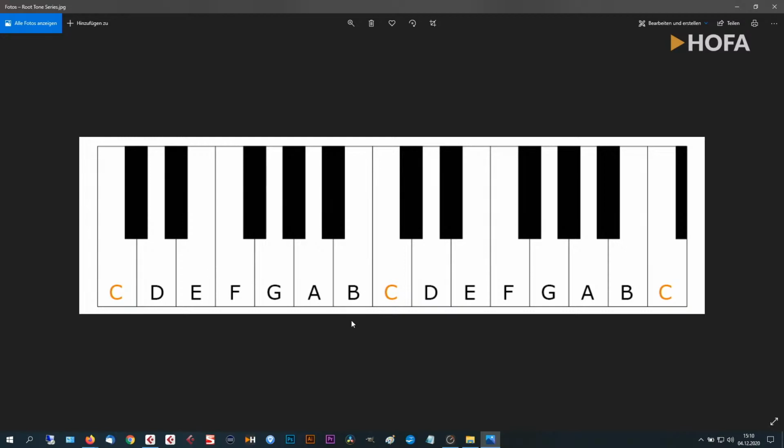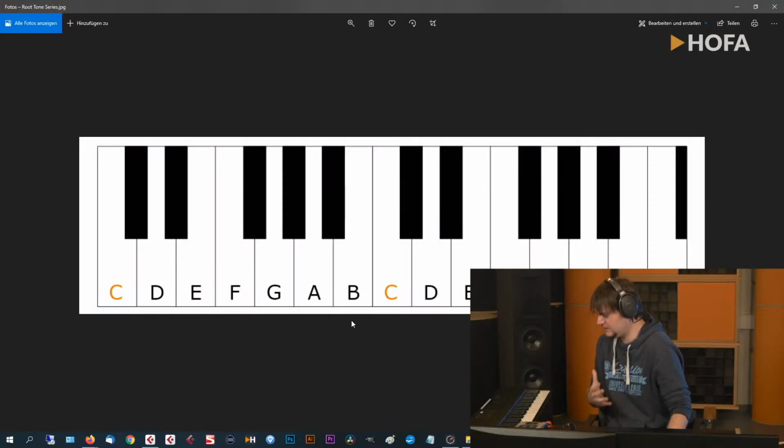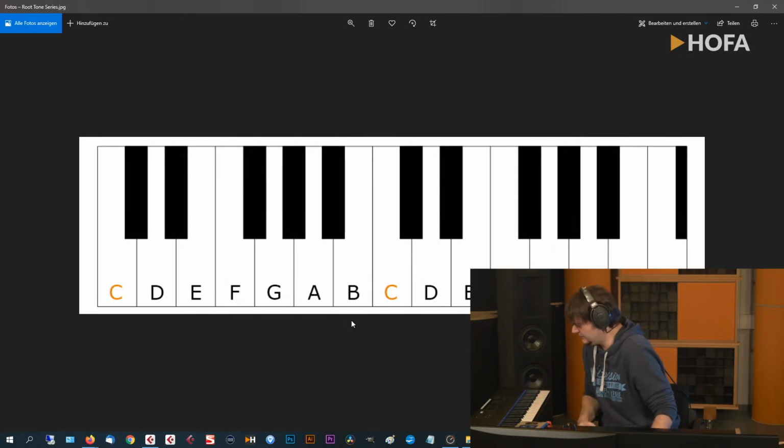It's not the major scale, and therefore my accidentals, which can be sharps, which can be flats, in German, it's Kreuze und Bs, sharps and flats, I need to change my order of notes and the basic root notes that I have so that I get a major scale if I start from D. So let's do it together. If I say, okay, I'd like to have a major scale beginning from D,